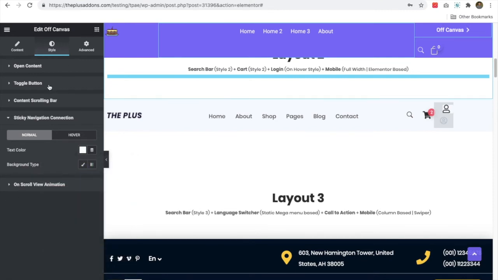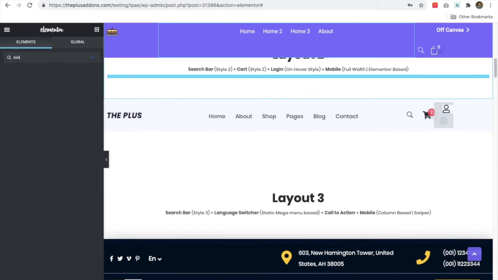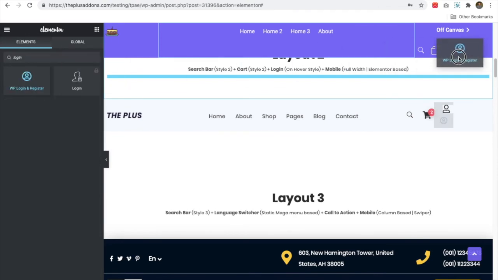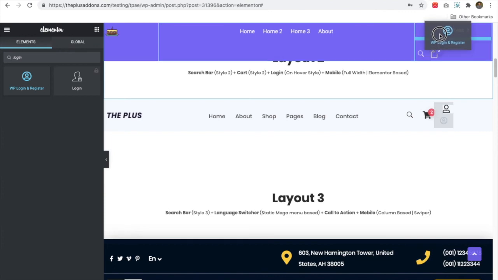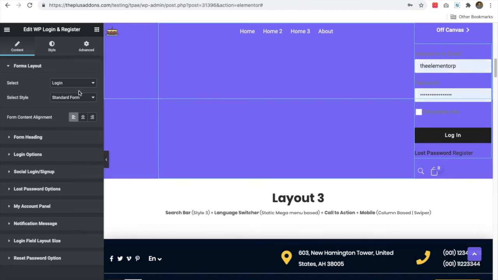Right? You also can use the login and register widget. Due to small space, it's tough to manage those things over there, but I am showing that just for an example.